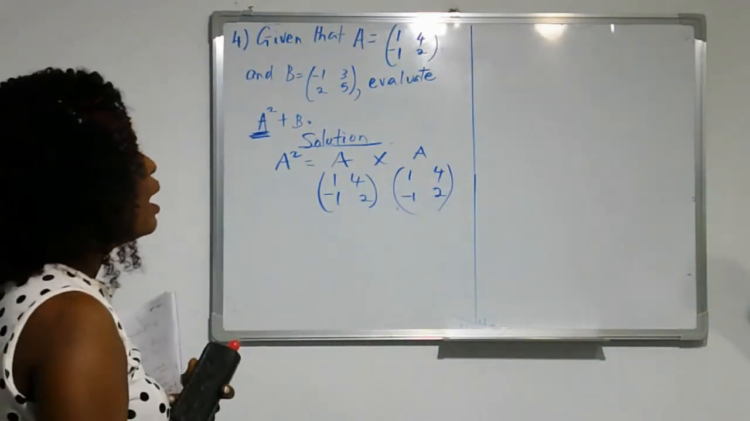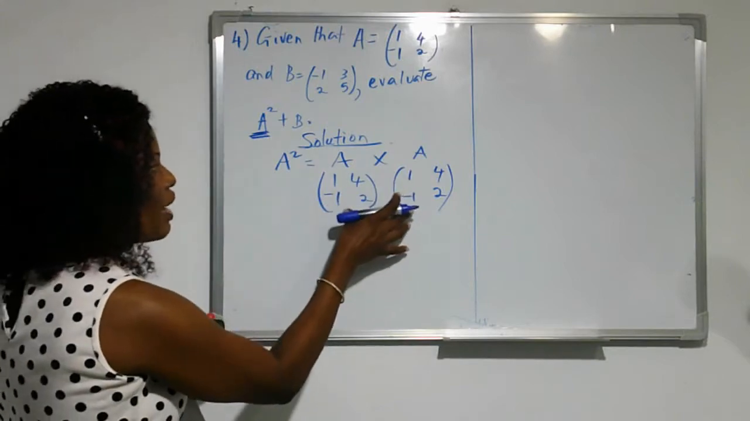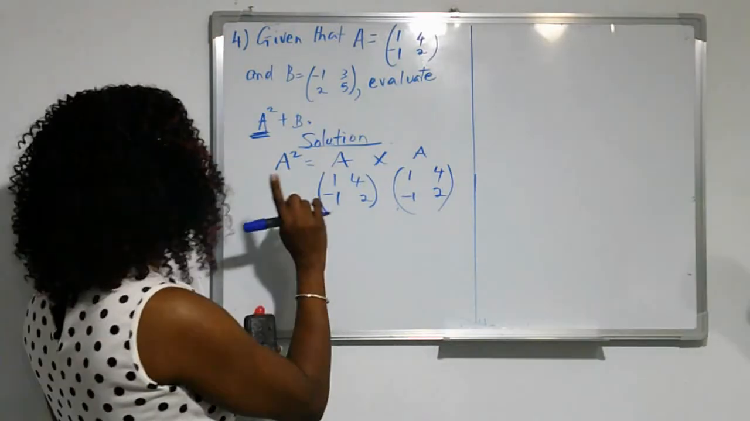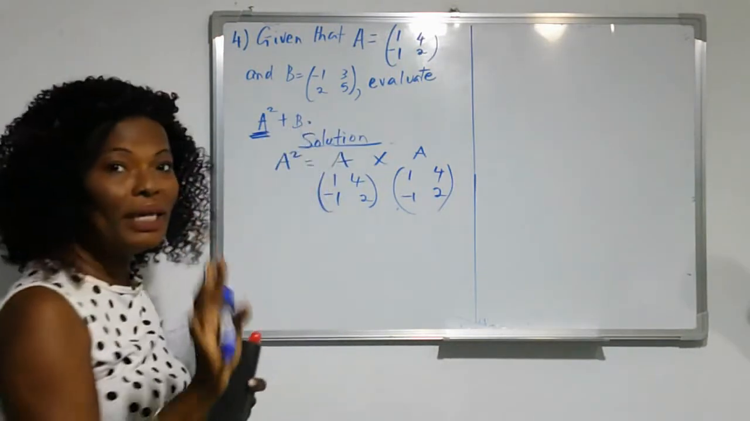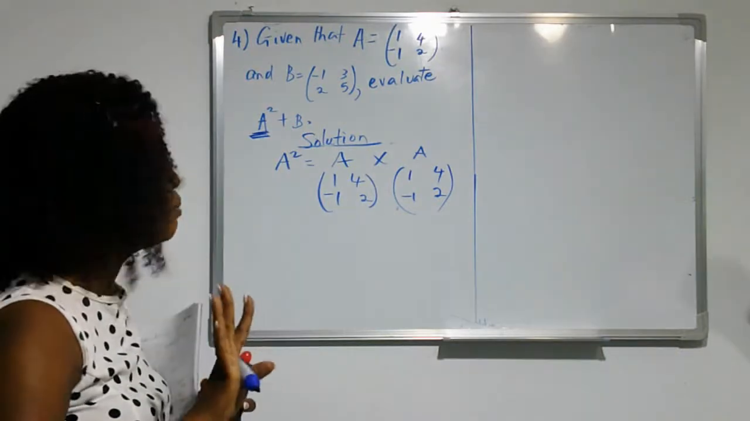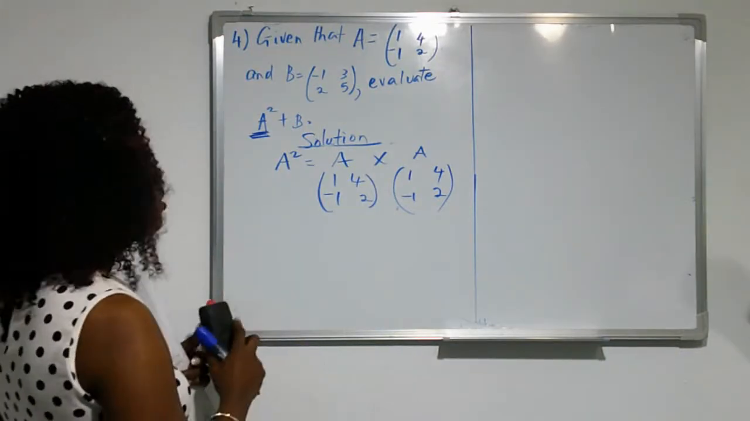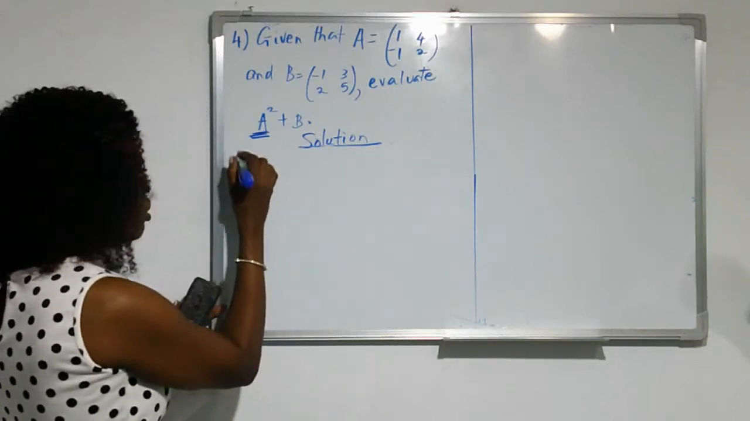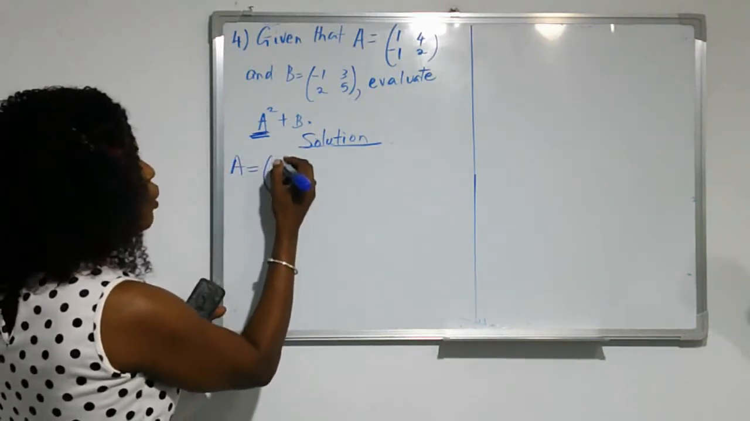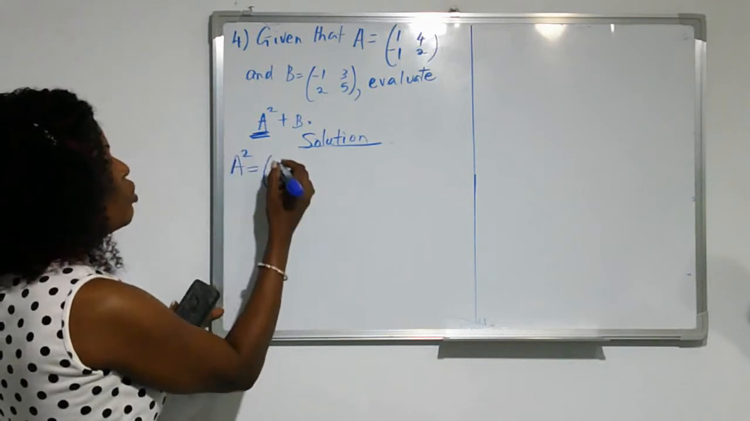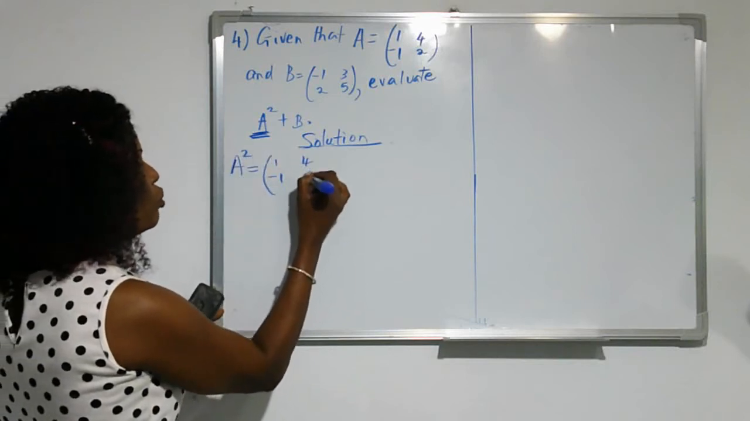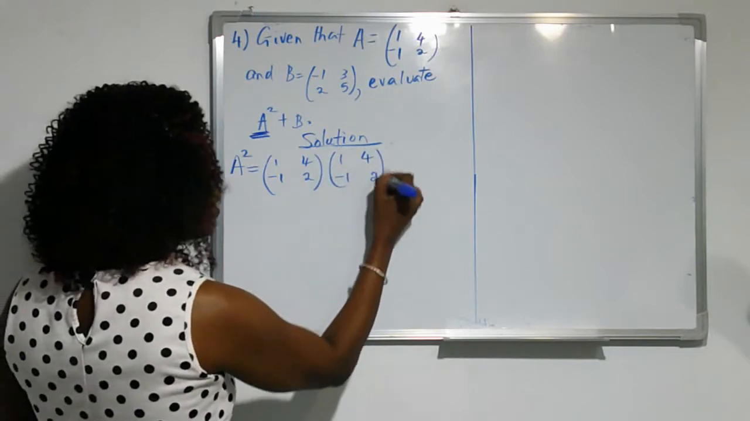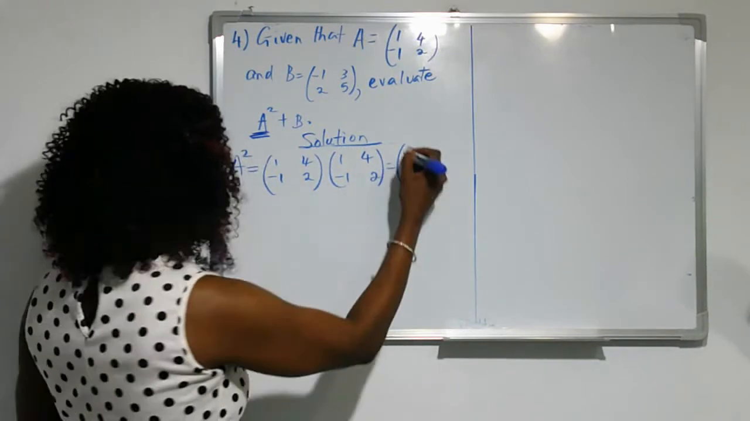Okay? And once we work that and get that result, we're going to be adding our answer to the matrix B. So let's take it one step at a time. I'm going to try to create more space by writing it a little bit smaller over here. A squared is equal to 1, negative 1, 4, 2. The only reason I'm doing this is because I don't want you to forget the R1,